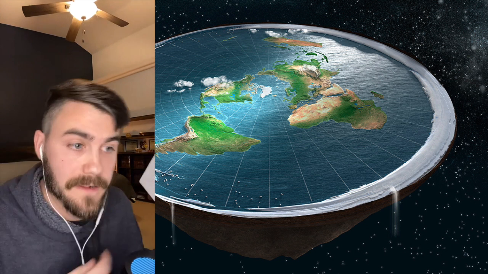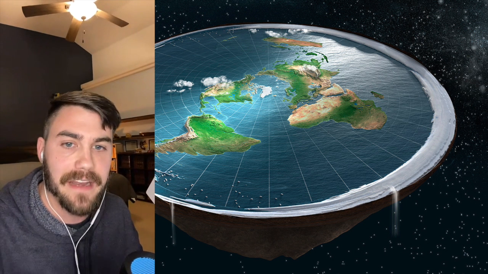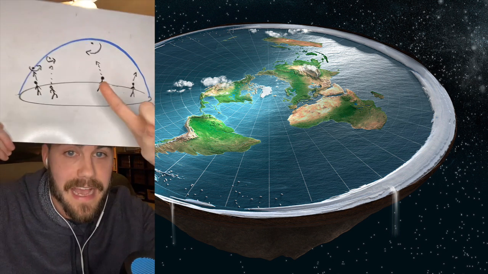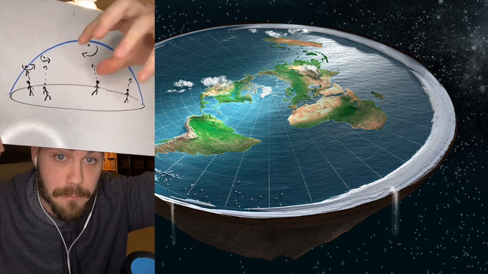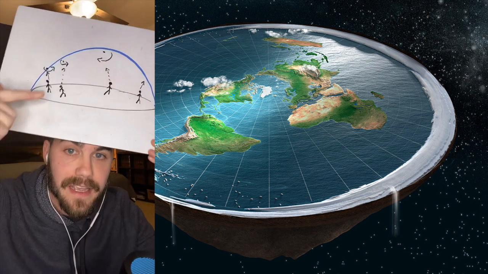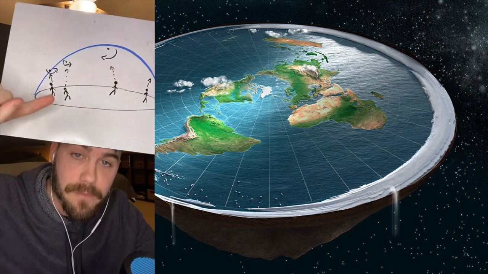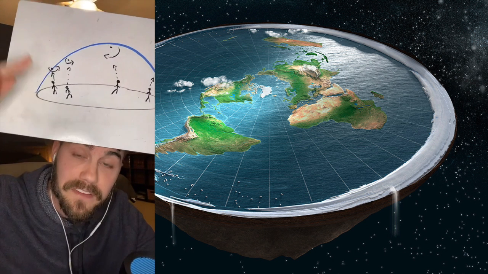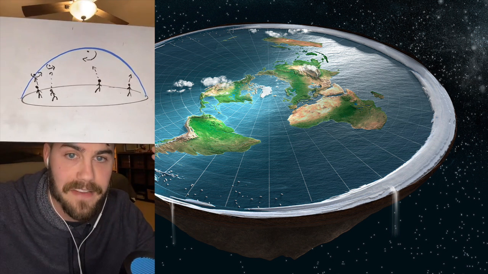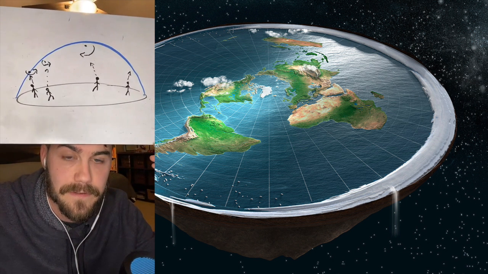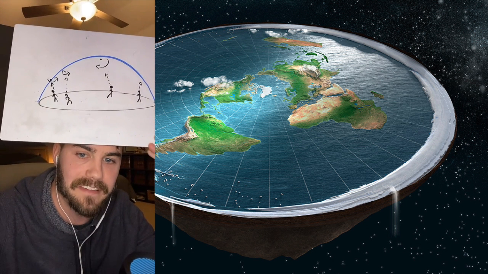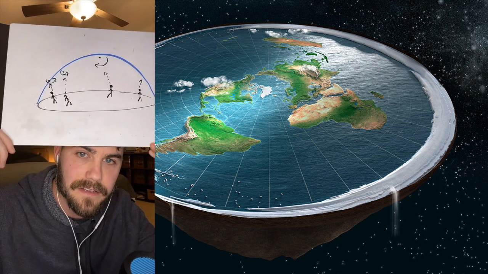Back to this nonsense. You can't answer the question. So we're talking about this: how can this person, if the dome is rotating, see it rotating one direction, while these two people standing in different places both see it rotate around a central point in the opposite direction that this person does? Explain how that's possible. You've got to unmute yourself. He's probably still talking. Explain how this is possible.